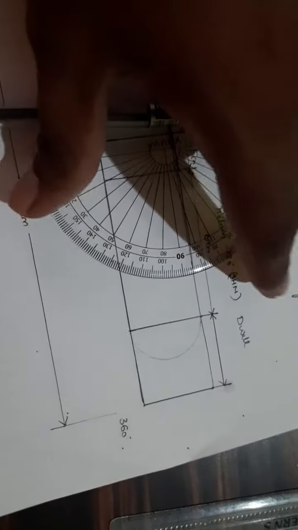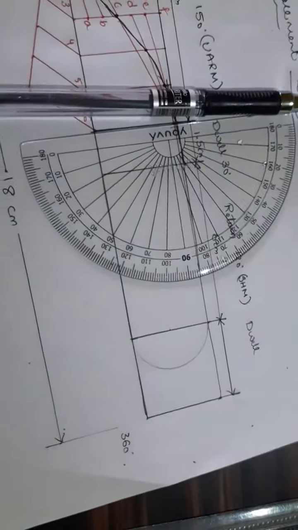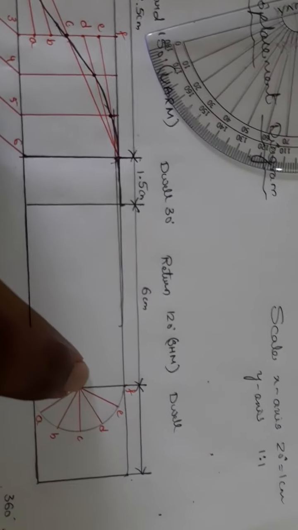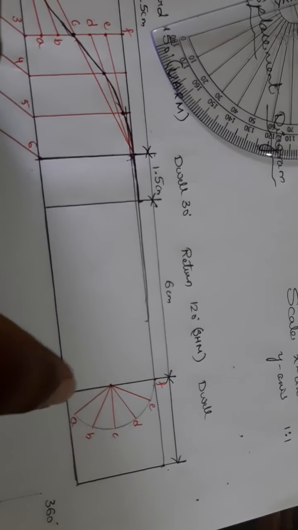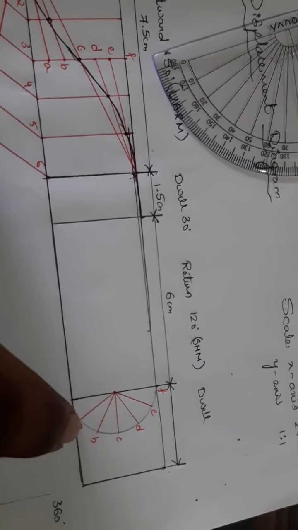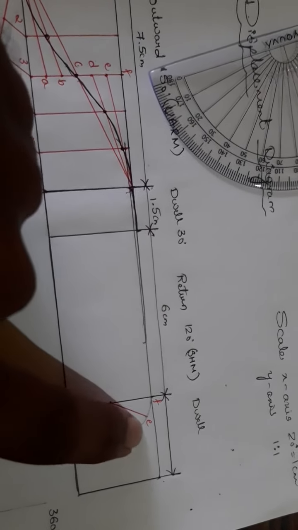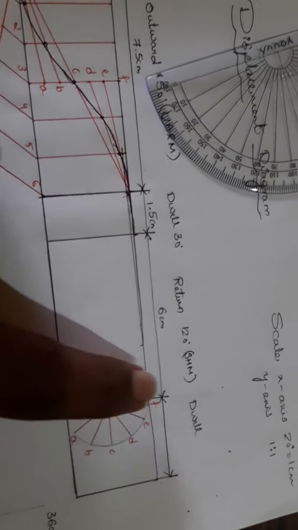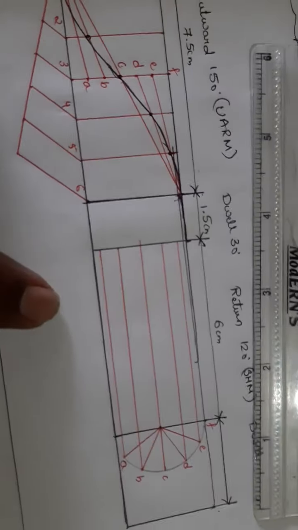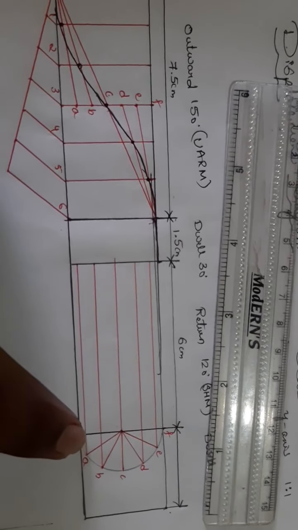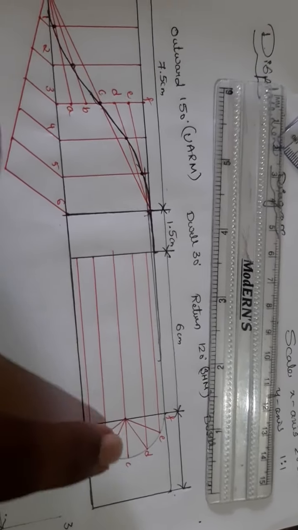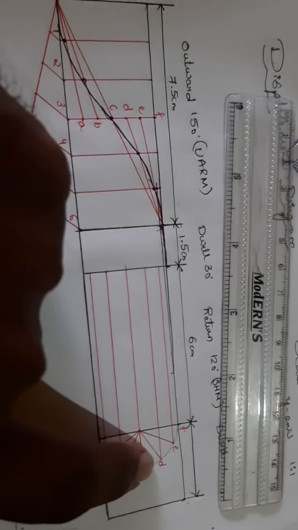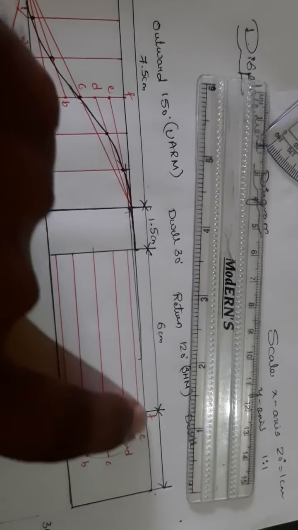So divide into 6 equal parts, drawing lines at 30 degrees, 60 degrees, 90 degrees, 120 degrees, 150 and 180 degrees. Name them from below as A, B, C, D, E, F. You can name it opposite also, no problem with that. Now draw horizontal lines from A till the return portion, B till here, C till here, till the return part, D and E.